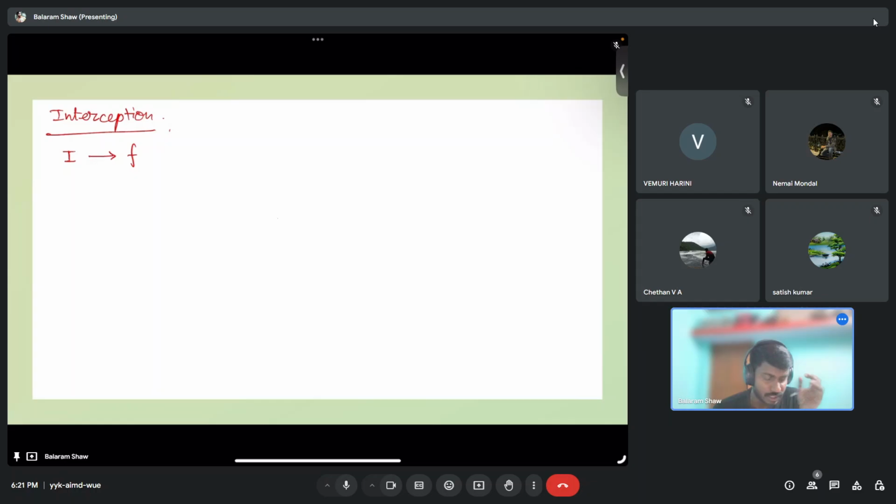So mostly this interception happens, the dominating area is the vegetation part. Okay, so it is a function of vegetation type, because if you have different vegetation types, let's say a deciduous tree and a coniferous tree, the amount of water that will be stored firstly on the leaves of both of these trees will be different, and hence the evaporation or the interception that is happening from this vegetation type will be different, right? So interception will be a function of vegetation type, then it will be a function of the age of that vegetation, right, and so on. Now these vegetation type and age we calculate through leaf area index.